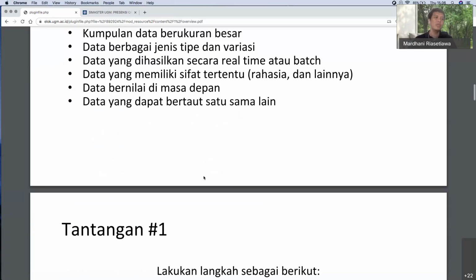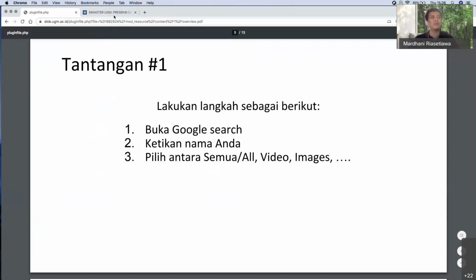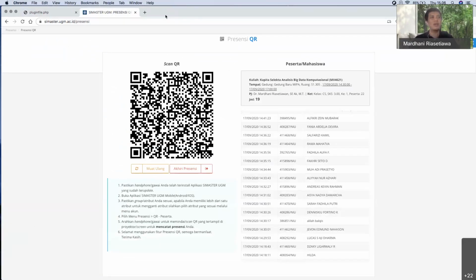So that would be the big data characteristic. To help you understand this data better, let's say you go to your Google web browser and try to type your full name and see what happens. For example, I will do it with mine. Okay, for example, when I type myself, you can see this one that I have